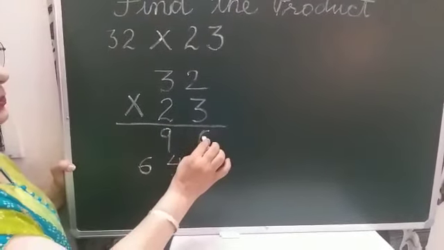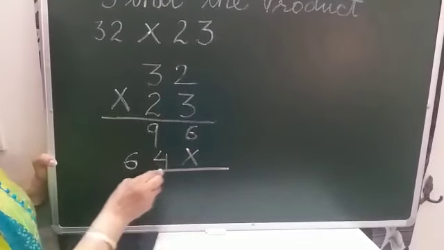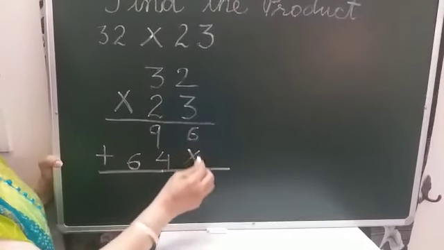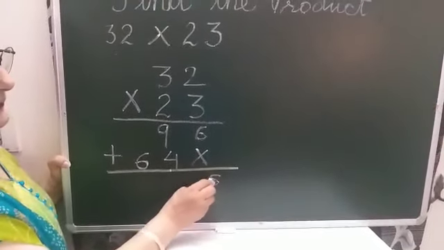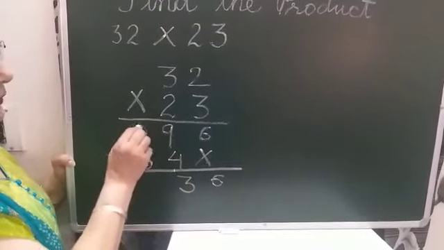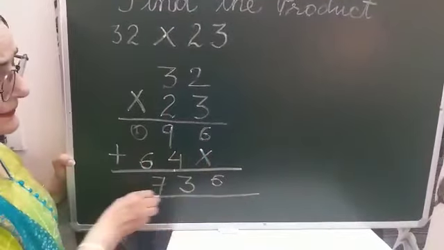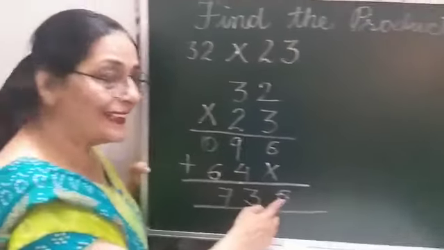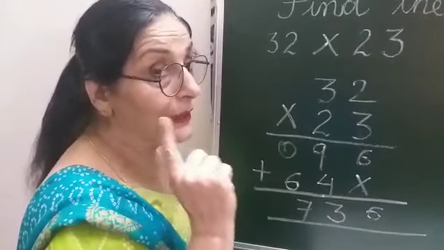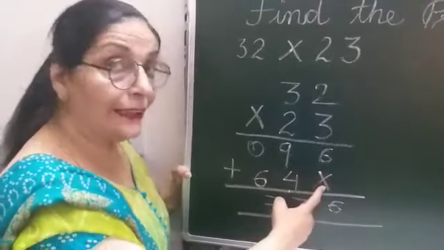Now we have obtained two multiplication sums, one of 3 and one of 2, and then we have to add them up. When we add up these two multiples, we get 6, 9 plus 4 is 13, and 1 carryover, and 1 and 6 is 7. So the product of these two numbers is 736. So you can see this is very easy. Only one thing you have to remember, that you have to put a cross at the second step. I'll show you again in another example.